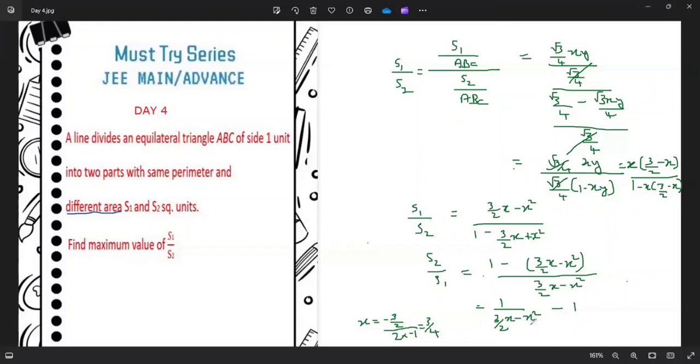9 by 16 minus 1, so 16 by 9 minus 1. That gives us 7 by 9. We got 7 by 9. Right, so that's why S2 is 1. So when we reciprocate it, we can get to